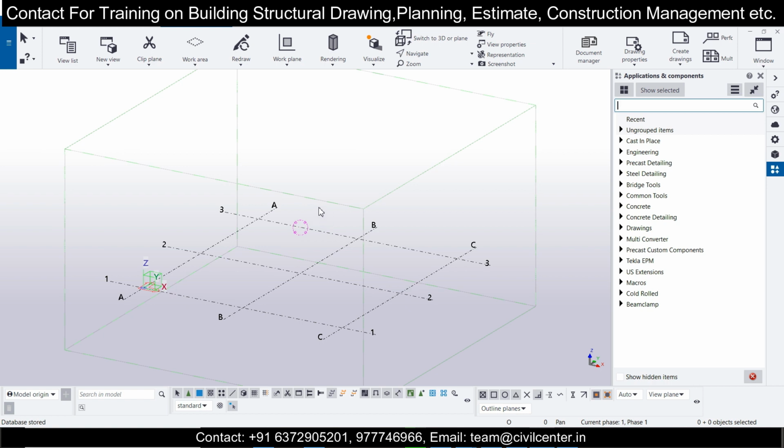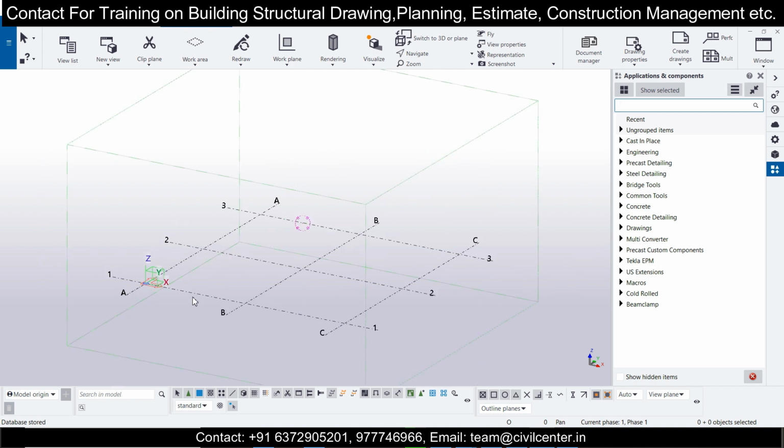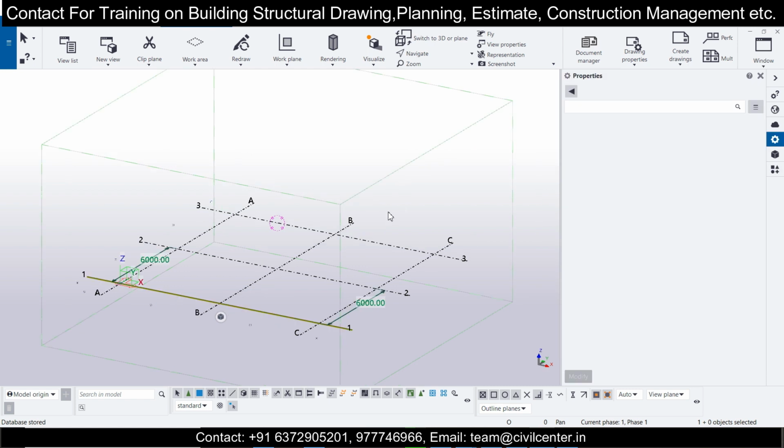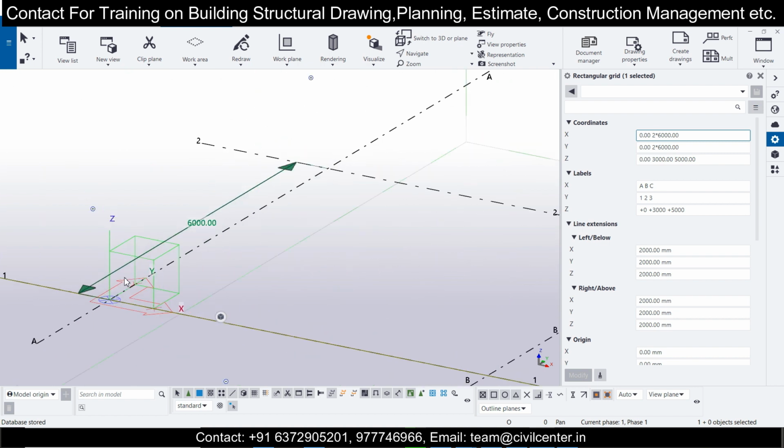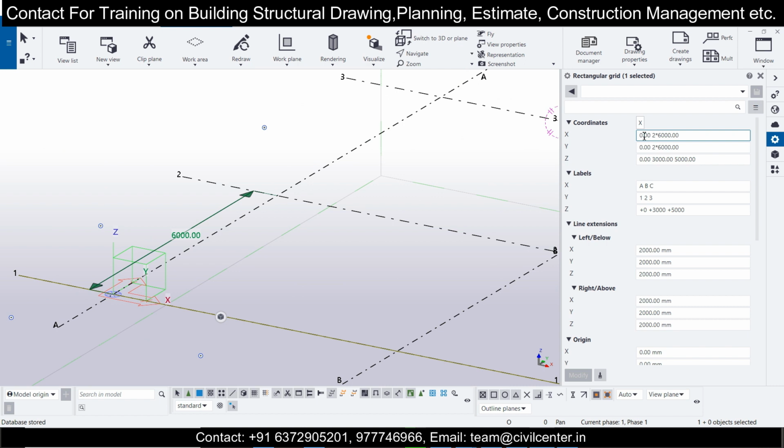For this particular thing, we'll just select this grid line first, and if you double click on the grid line, the properties will open, or you can also try other methods, but this is the best way. Double click and properties will show, and we'll select the x and y coordinates. The top is your z coordinate. So x and y we'll do as 4 meters, so 4000 and 4000, but this doesn't really matter here. What matters is the z level, which we'll keep as 3 meters, so one is 3 and another is 6. We'll click on modify.